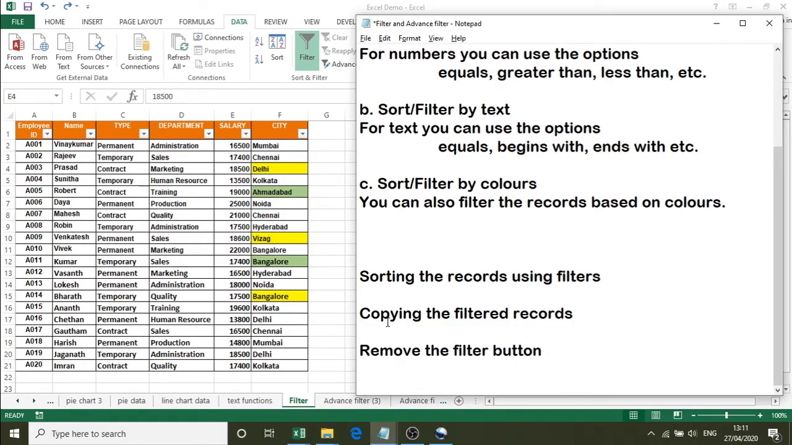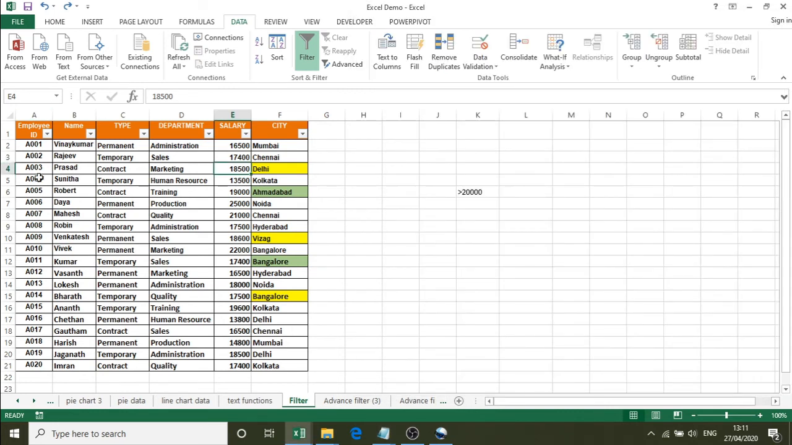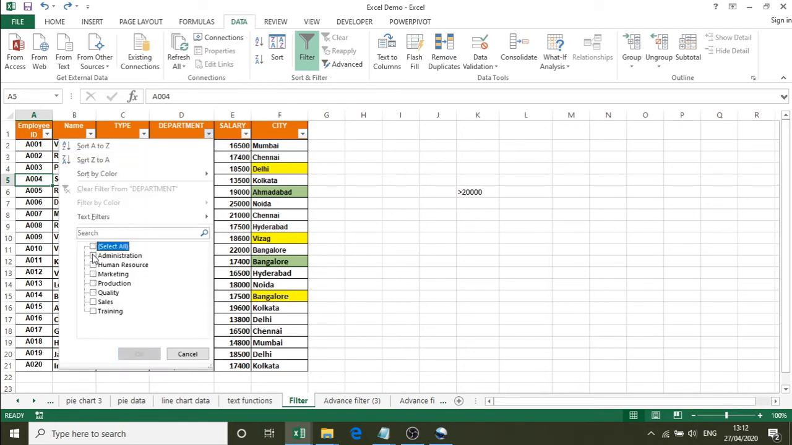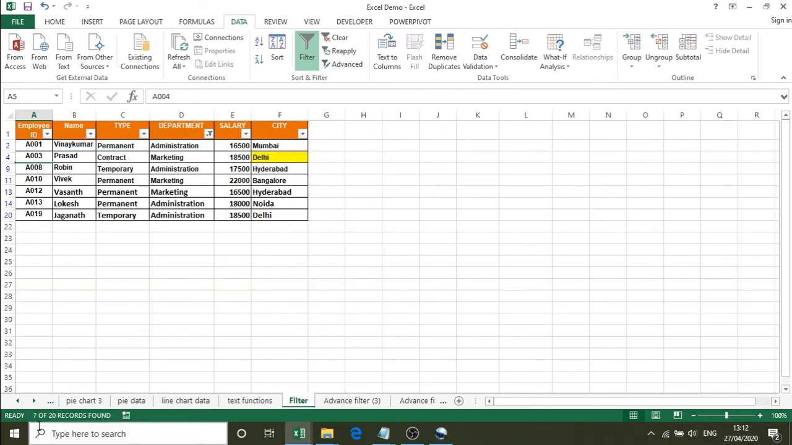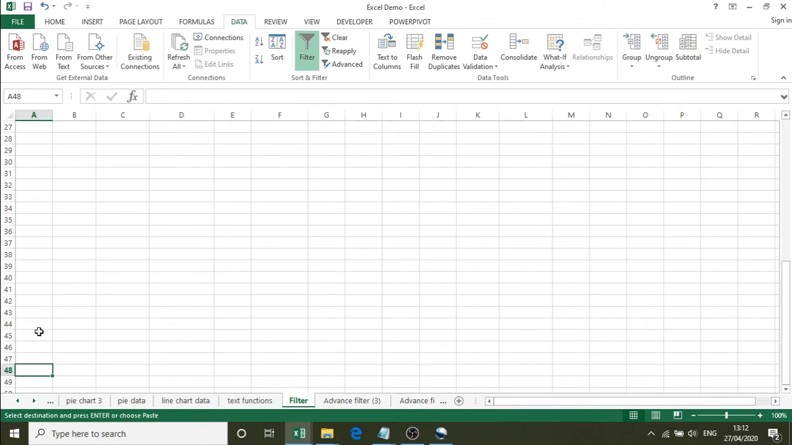Now we will see how we can copy the filtered records and paste it in another location. So I'll open this table. So in this we will apply some criteria. Say for example, department name, I will select it as administration and marketing. So I have obtained 7 records out of 20 records. So these records can be copied and I can paste it in another location. So I will copy this